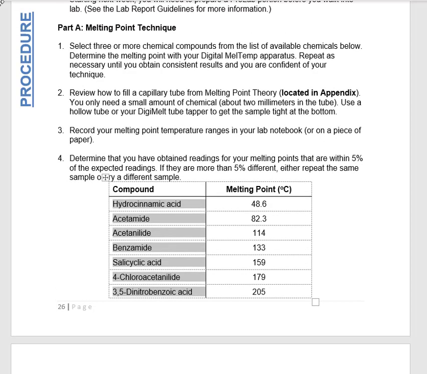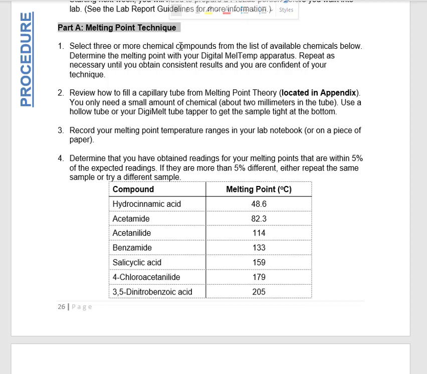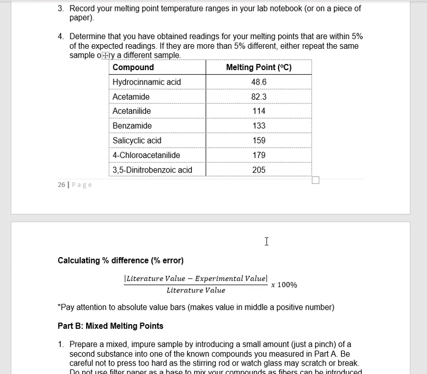Like I said, in part A, you're just going to take 3 of these knowns being melted, and you're going to compare the range that you get for melting. So when it starts to melt to when it has completely melted, right? As we know, when something melts, it transitions from a solid phase to a liquid phase. So you'll see some of the solids start to melt, and then once it's all liquid,